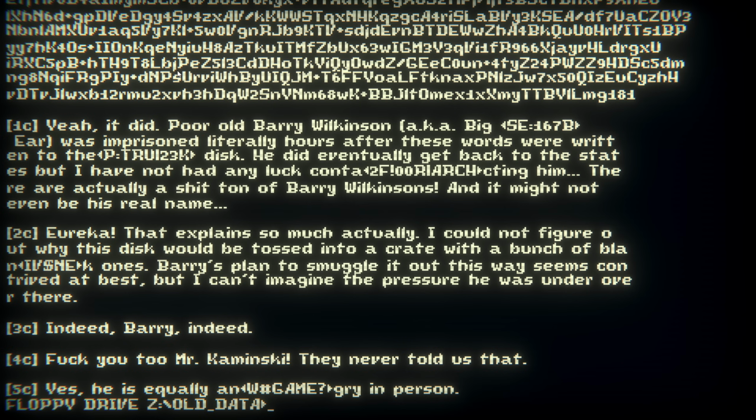Kaminsky, and this third person here who's C in the conversation, and this is Casey Hobbs, the developer of Inscryption. And it looks like she's talking about some kind of disk that eventually made it back to the States, and she hasn't been able to find Barry Wilkinson. She was wondering why the disk got stuffed in a crate, and it looks like they were smuggling it into the States, and she's mad at Mr. Kaminsky. So that's really all we're being told here, but this will continue because you can see that there's more